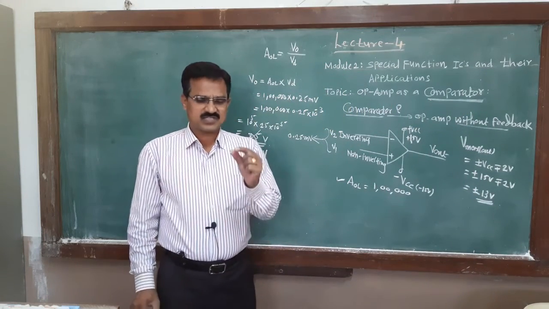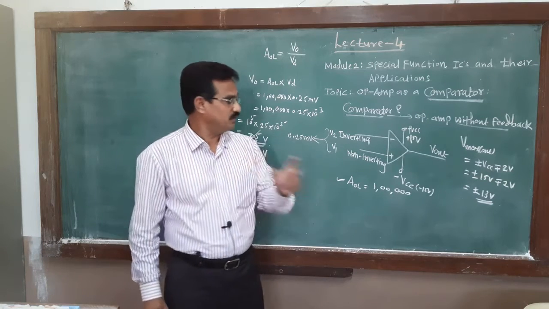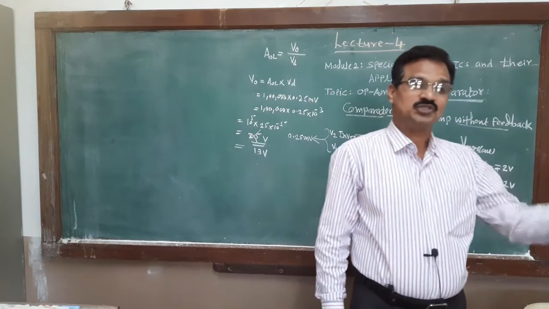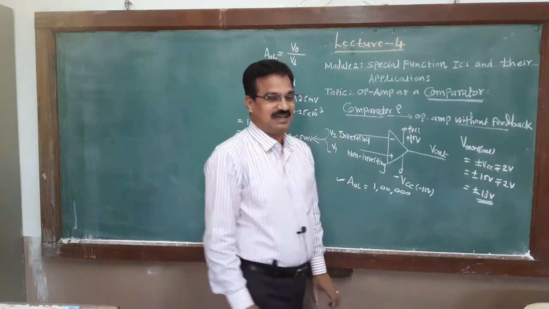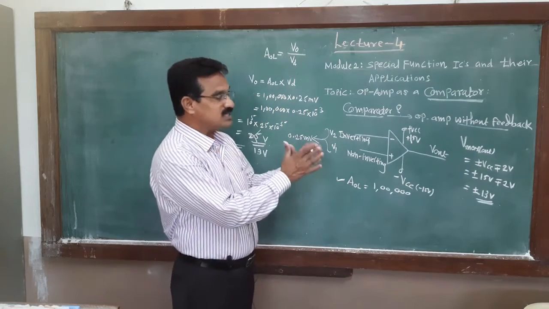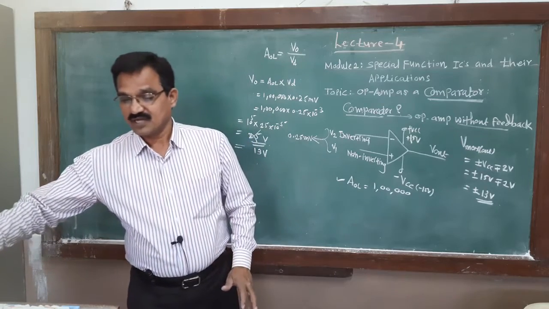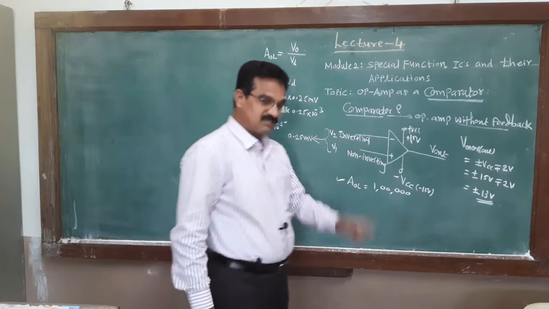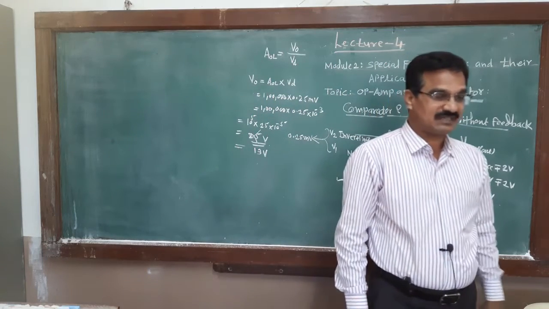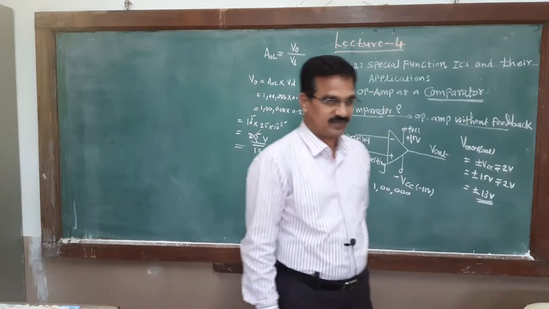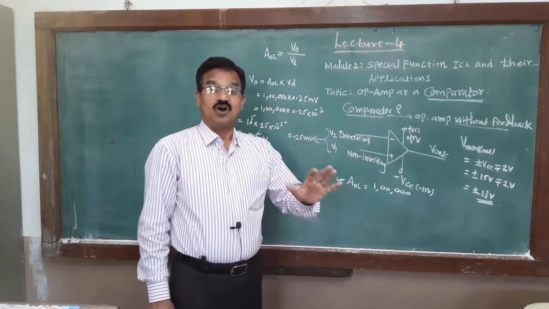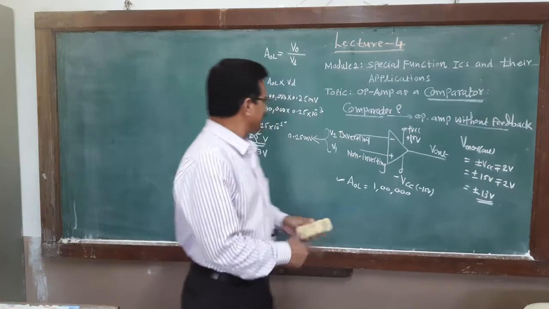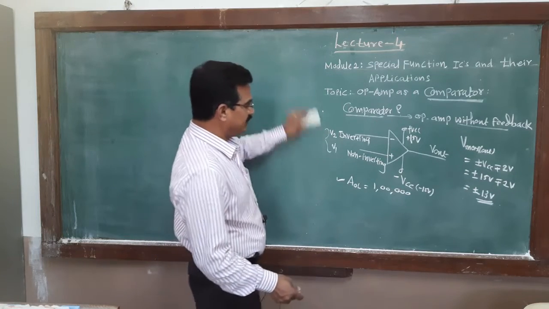It means that for a small differential voltage between the two input terminals, the op-amp goes into positive saturation or negative saturation. And this is the main point for the operational amplifier as a comparator. It compares the two input voltages, having two inputs and only one output. And it is an op-amp without feedback, means it uses the concept of open loop gain. There are two types of comparator.